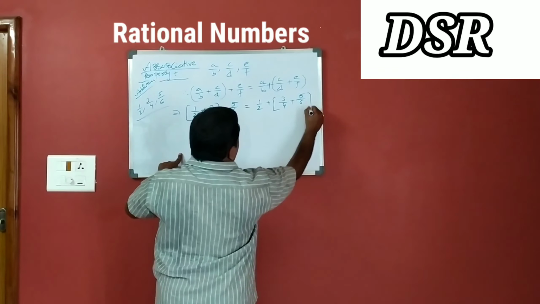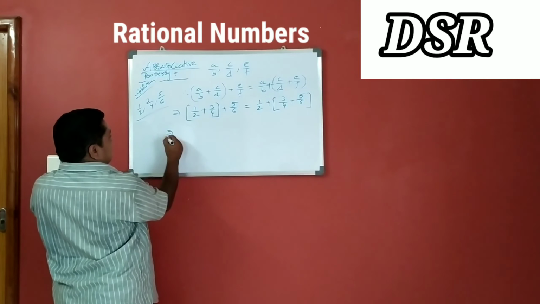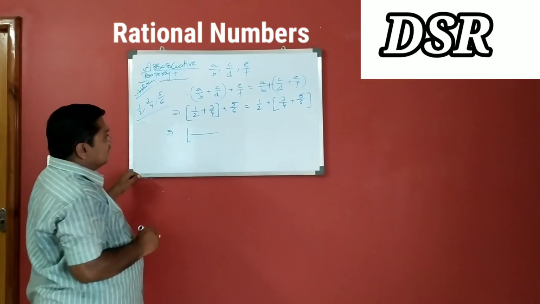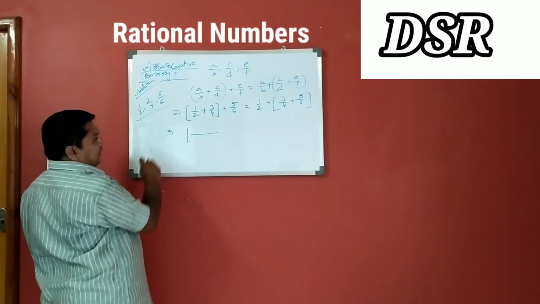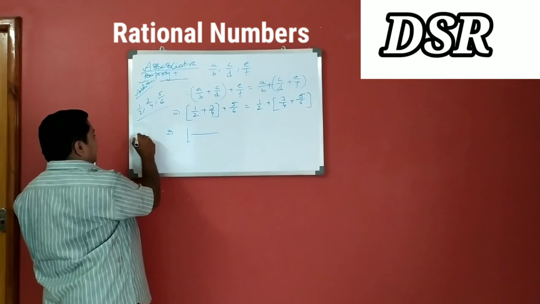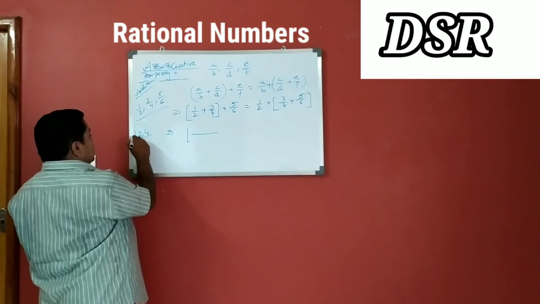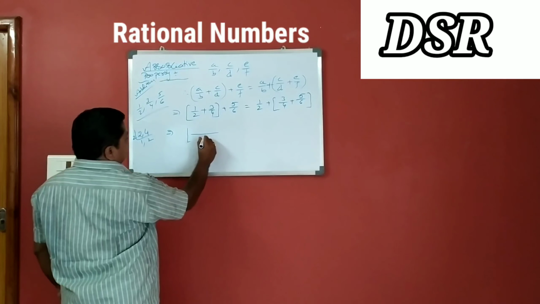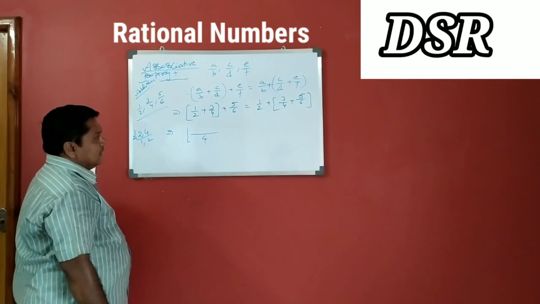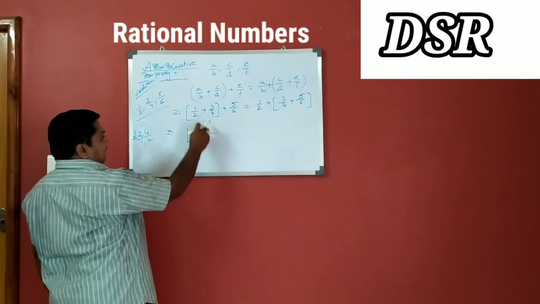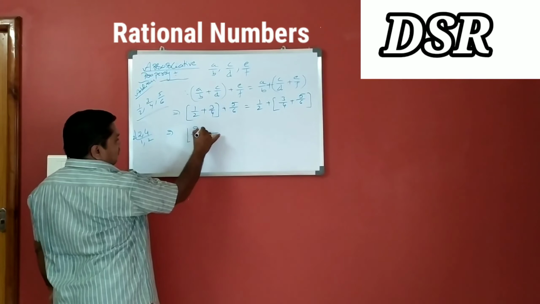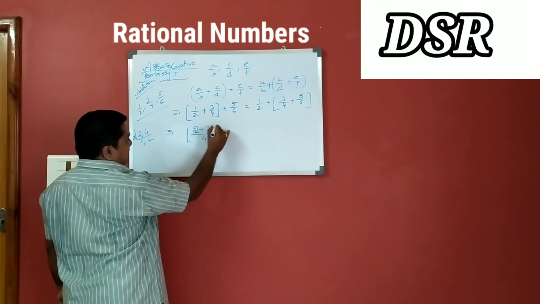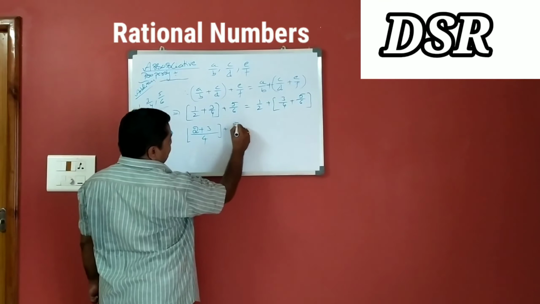That implies, as I already told in the previous, the LCM of 2 and 4. Both are even numbers, so you can take the bigger one, or otherwise you can find the LCM: 2 ones are 2, 2 twos are 4. 2 how many times in 4? 2 times. 2 into numerator 1 is 2, plus 4 how many times in 4? 1 time. 1 into 3 is 3, plus 5/6.